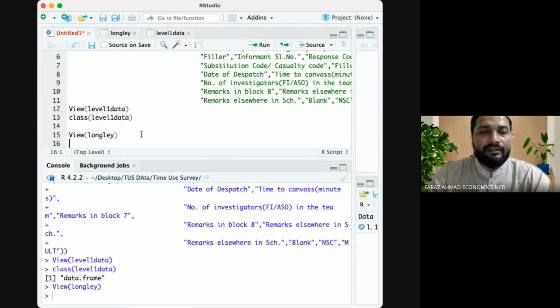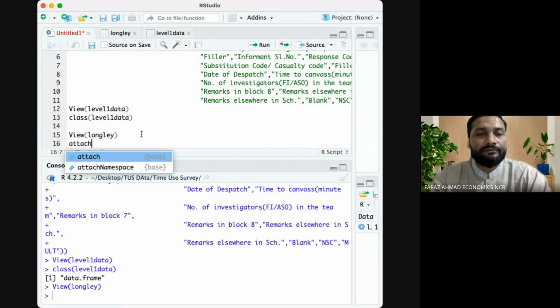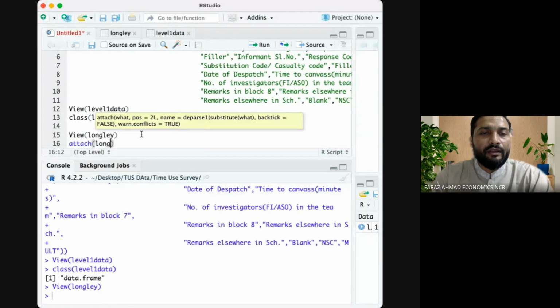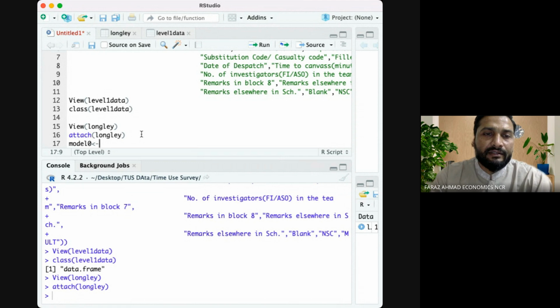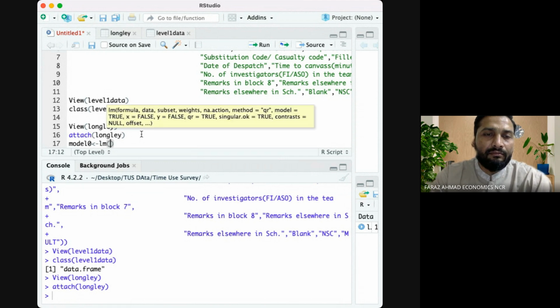What I can do is attach Longley। ये मैं अटैच इसलिए कर रहा हूँ क्योंकि वेरिएबल बाय वेरिएबल अवेलेबल हो जाएगा। कोई भी नाम दे दीजिए, मॉडल 0। देन द कमांड इज lm। lm मीन्स लीनियर मॉडल।